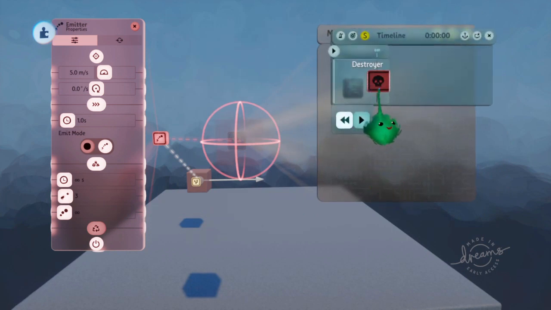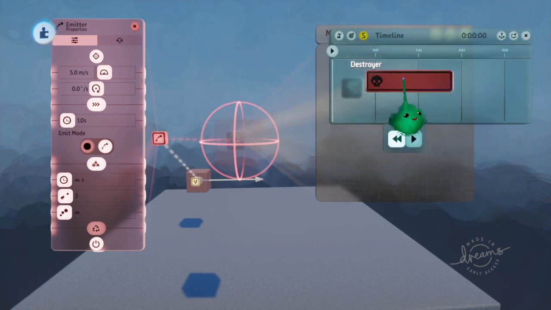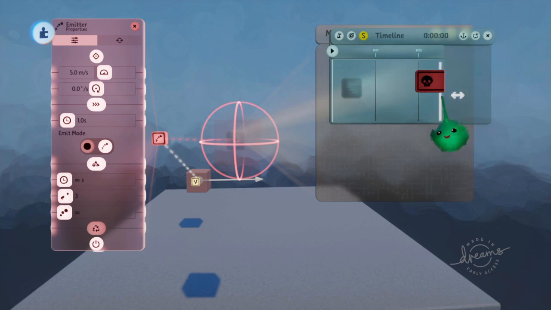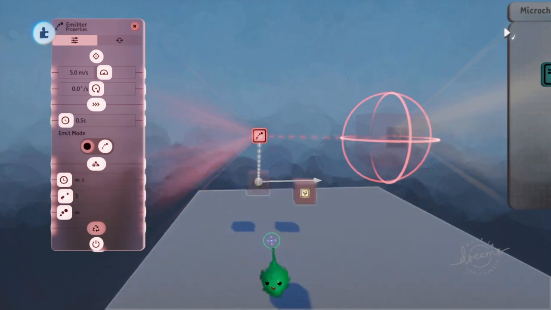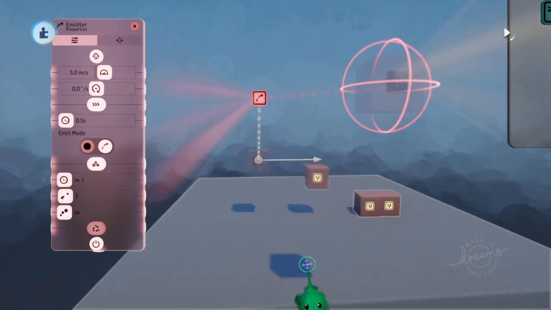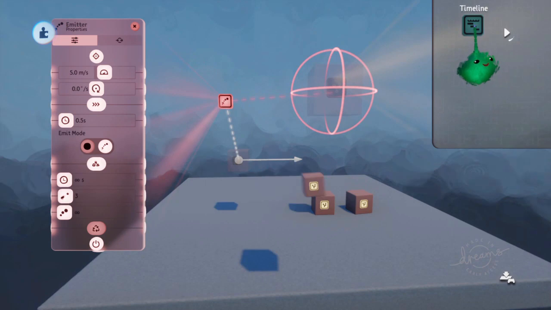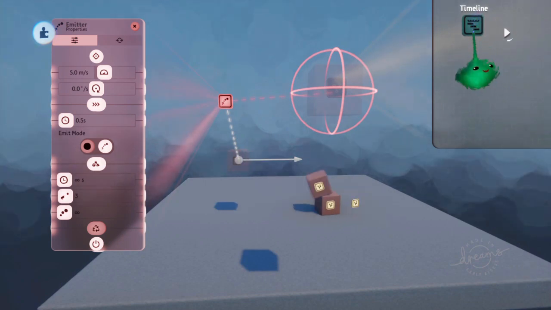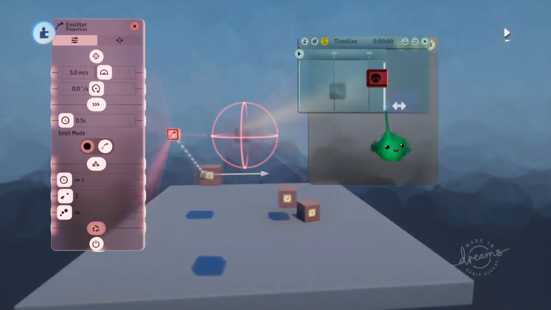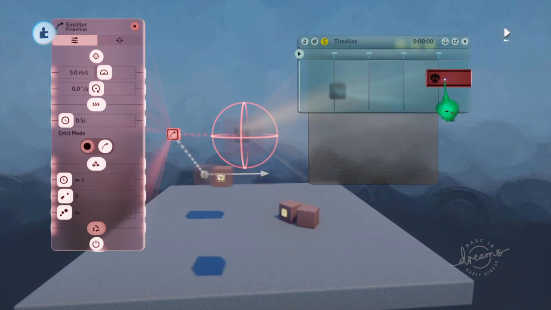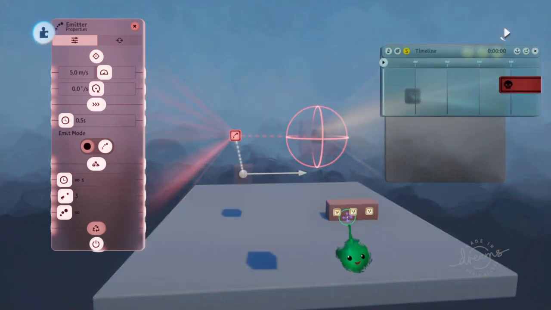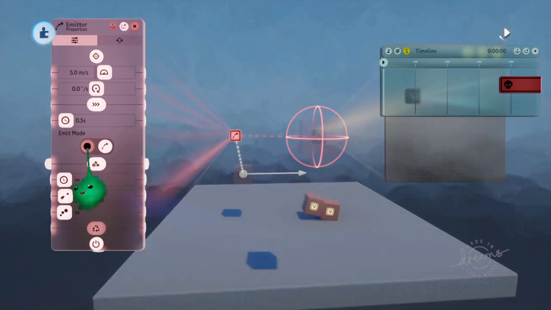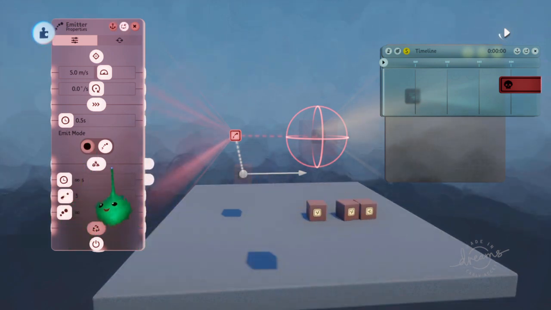So if we go in here and make this longer, say 2 seconds, and make this emit a bit faster, try that. Then it waits until these things actually get destroyed. You can make that even later, and it will emit 3 things, and then when one of these is destroyed, it will allow this to emit again,